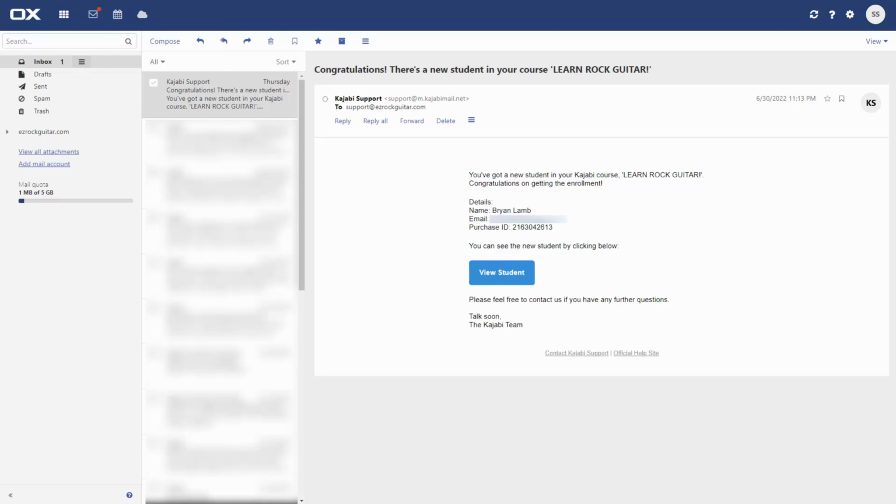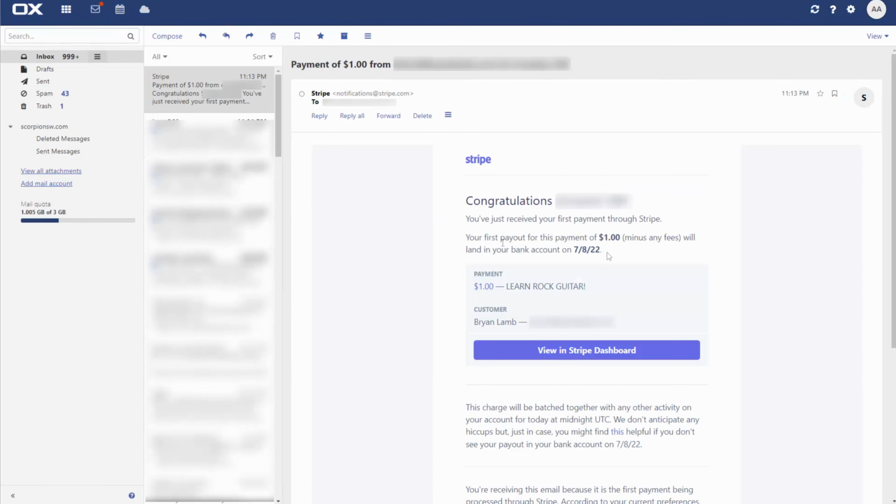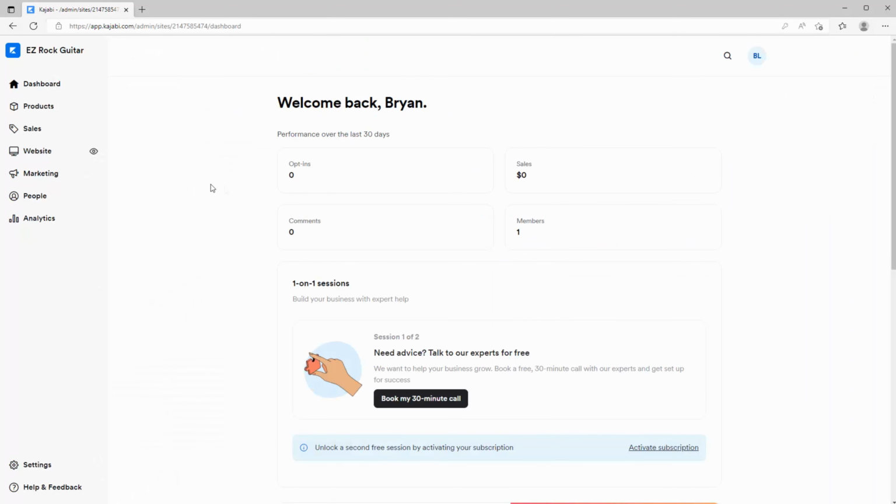Since we're using Stripe as our payment processor, the Stripe system will also send us an email about that Stripe payment. Here we're seeing that notification email. It's saying, congratulations, you just received a payment through Stripe. The payment is this. Here's the product. Here's the customer. And there's a button that'll take you to your Stripe dashboard. And I also want to show you